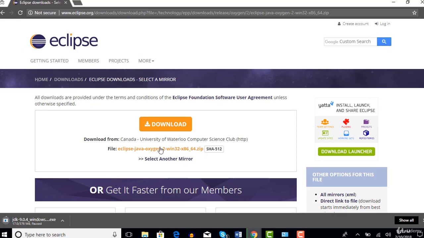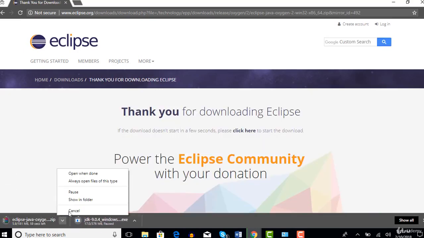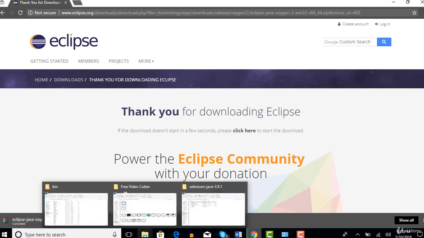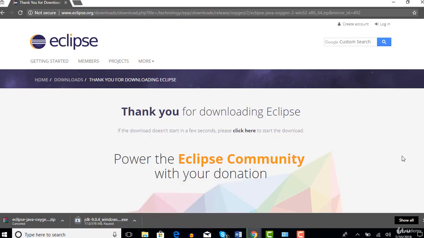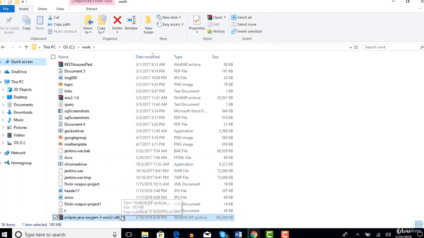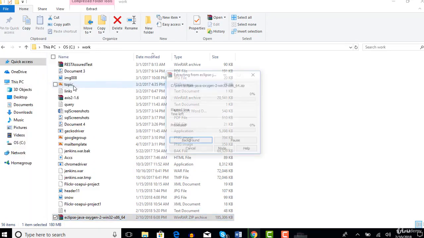Again, same story. Once it starts downloading, I'll just cancel it. It comes in zip format, and once you extract the zip, you will have something like this. Let me show. Just extract it by right clicking and choosing Extract to Eclipse Java Oxygen.